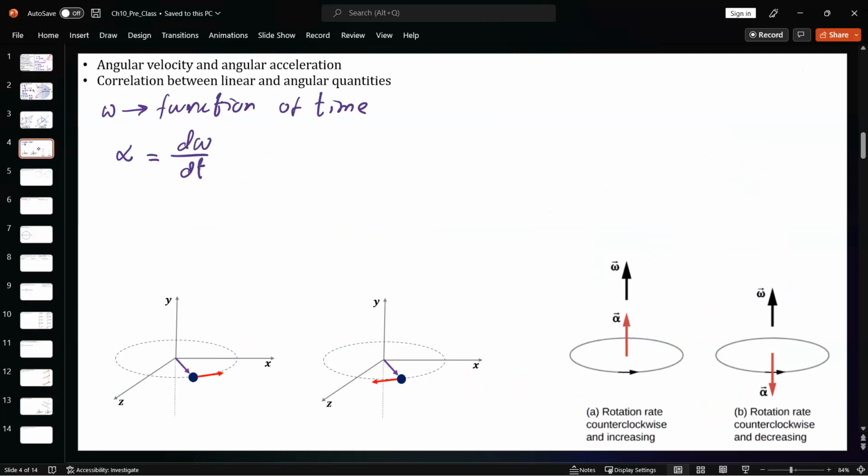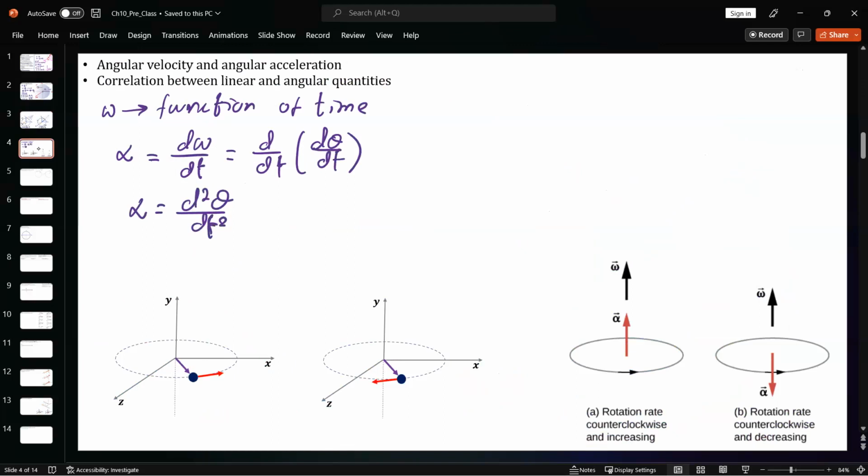On the other hand, we know omega is equal to d theta over dt. So d over dt is going to be d theta over dt. Alpha we can also write as the second derivative of the displacement, d squared theta over dt squared. Now, if you take a look at the direction, omega, theta, and alpha are going to be in the